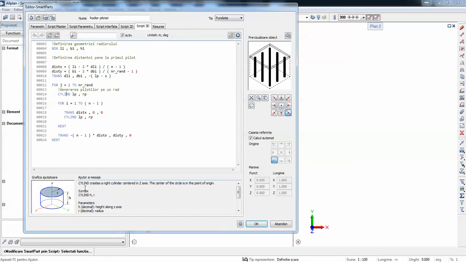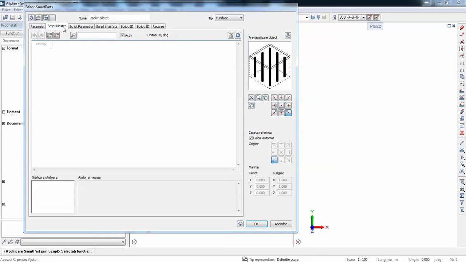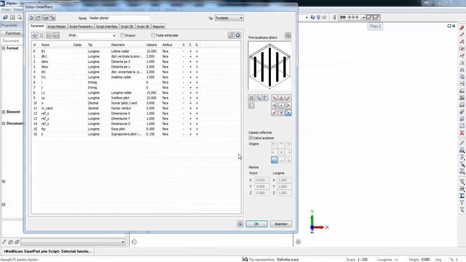So the pile is nothing but a 3D cylinder with 2 parameters, length and radius, and then I get another cycle of placing them on the line. So I have 2 for cycles because I have lines and rows. So this is how I achieve this. It was a lot of thinking, although there are 24 lines of code. It was a lot of thinking of how to do everything. So it took a lot of time to do it, actually.